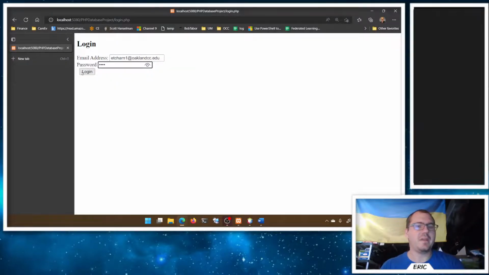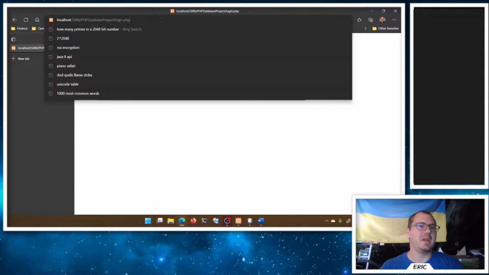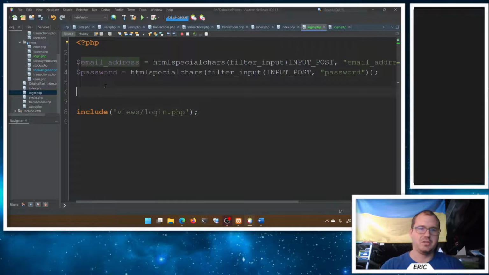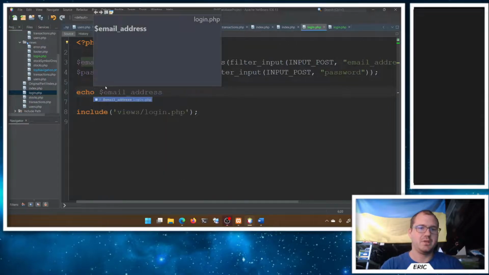Now, as I type the password, it recognizes it and won't show the characters, but gives me the little reveal button, which is nice. So you can see what it is if you want. I do login, and we send it back to the login controller. Oops, I grabbed them and never echoed them. Let's go back, and then we'll just echo email address,